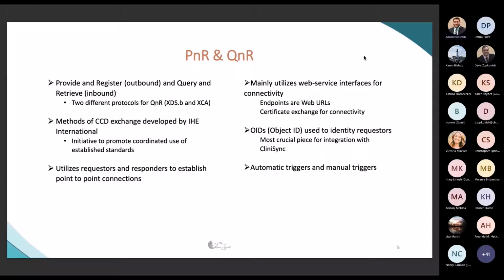Yeah, so PNR and QR: provide and register, and query and retrieve. These are the two interfaces that we use for CCDA exchange with the HIE. Provide and register has one protocol, which is the outbound push, and query and retrieve is to query documents from CliniSync, and there are two different protocols on that, and I will get into that a little bit here in the presentation. These are methods of CCD exchange developed by IHE International, and their initiative was to create a coordinated use